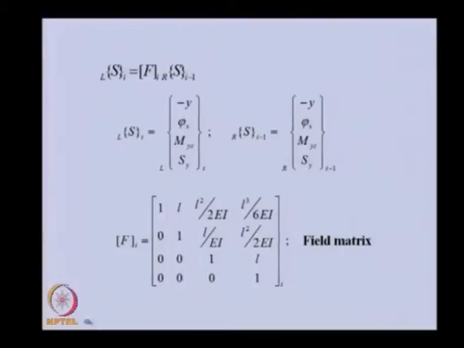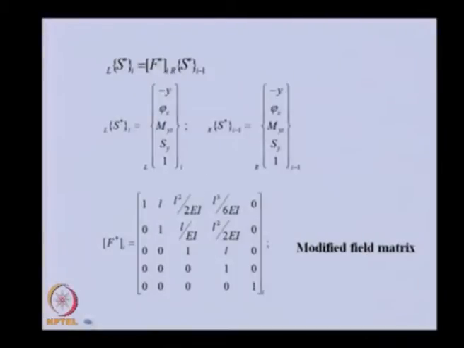If we have external force, then as we did in the torsional vibration case, we need to modify this field matrix by adding one identity at the lower position. So basically we are adding 1 equal to 1. You can see this field matrix is added with all 0 except the diagonal term, and here also 0. So again, if we substitute this here and this state vector here, if we expand the last equation,